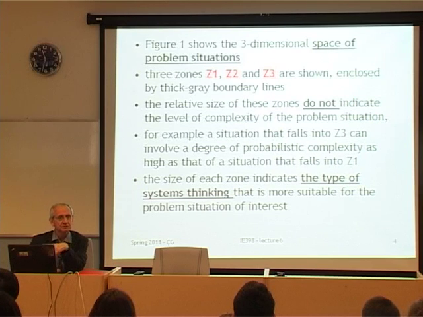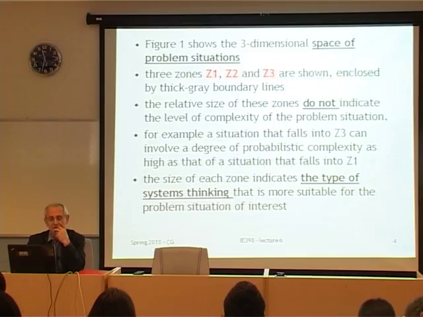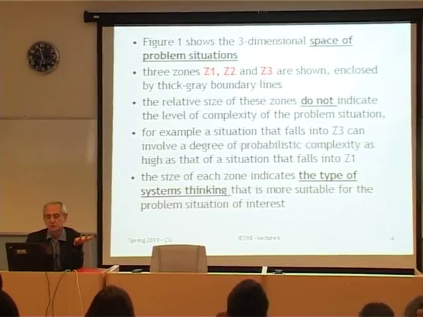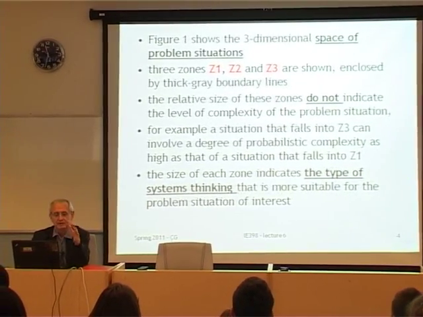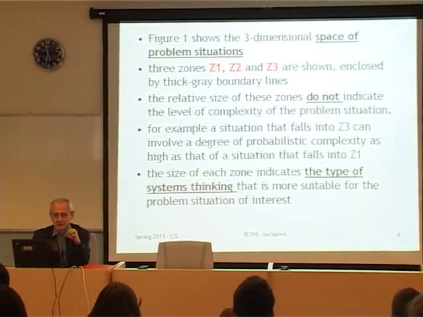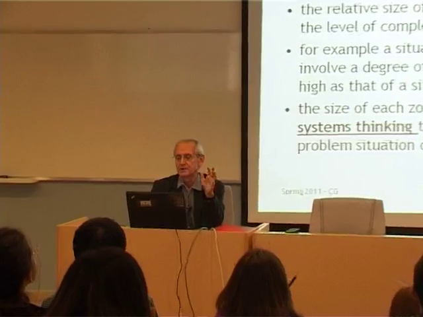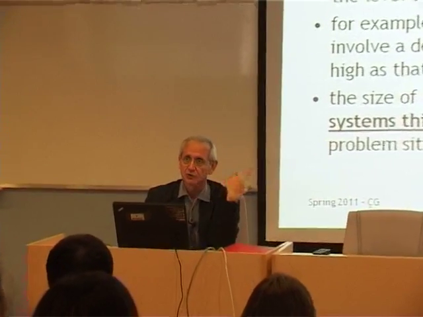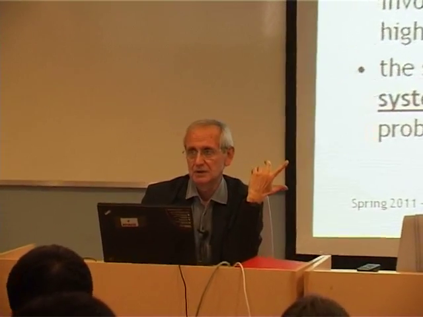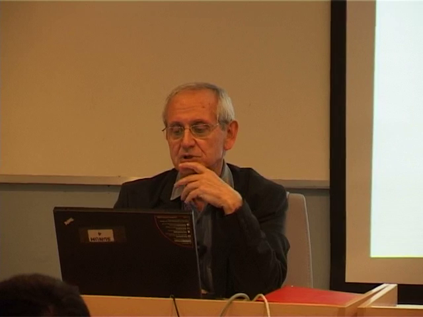Now this figure 1, this is the figure we have seen, shows the three-dimensional space of problem situations. There are three zones, Z1, Z2, and Z3, enclosed by thick gray boundary lines. The relative size of these zones does not indicate the level of complexity of the problem situation. First you have to understand, be careful about this. The sizes do not indicate the level. For example, a situation that falls into Z3,